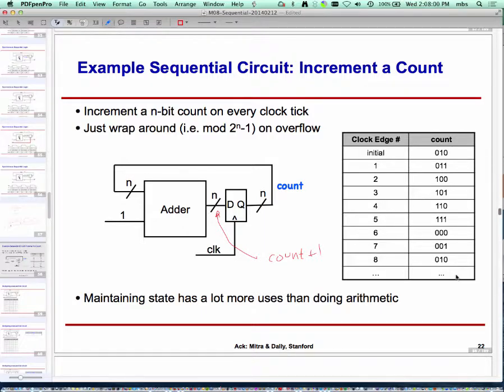Output logic is basically output is equal to current state, right? If that's what we are outputting. So typically, when nothing is shown out here, this means that this is my output. So output function in this case is dependent only on the current state, and it's equal to the current